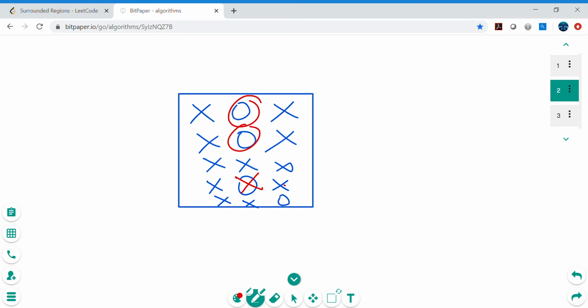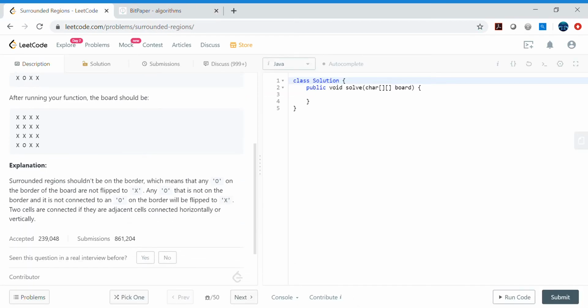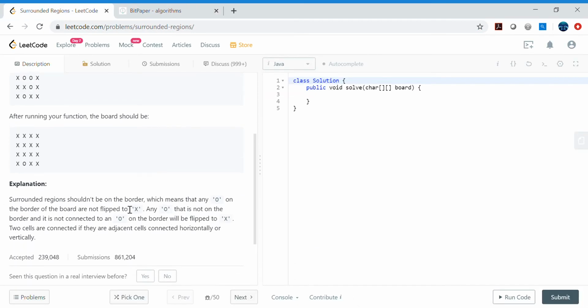Surrounded means they should be surrounded in the four directions. Any O that is not on the border and is not connected to an O on the border will be flipped to X. And here they are connected horizontally or vertically, not diagonally.